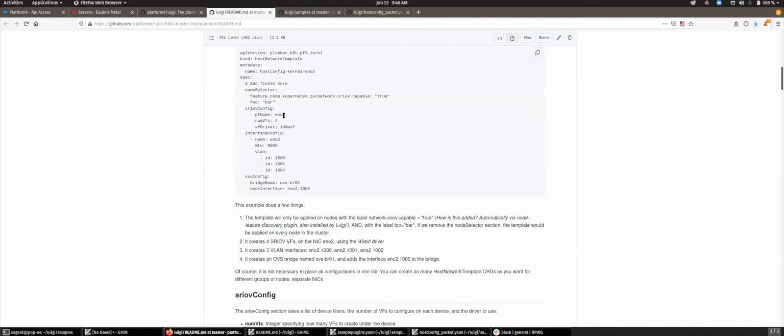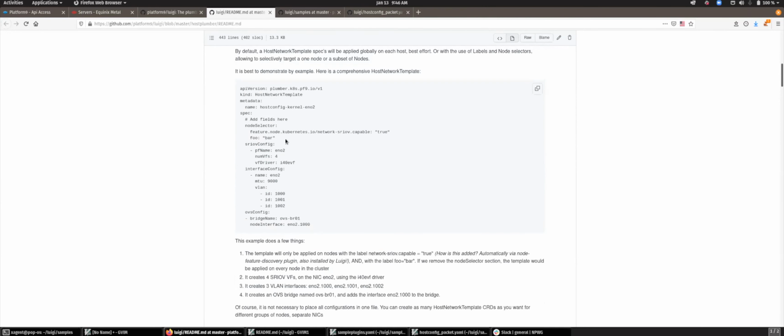What it's going to do is create 4 virtual functions on the NIC ENO2 with this VF driver. It's also going to create 3 VLAN interfaces on ENO2. And on top of that, it's going to create an OVS bridge called OVS BR01 on the VLAN interface ENO2.1000. So that's a lot, right?